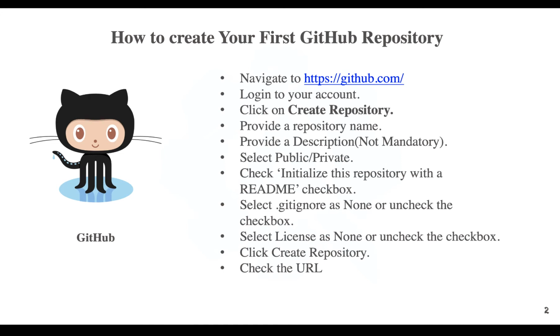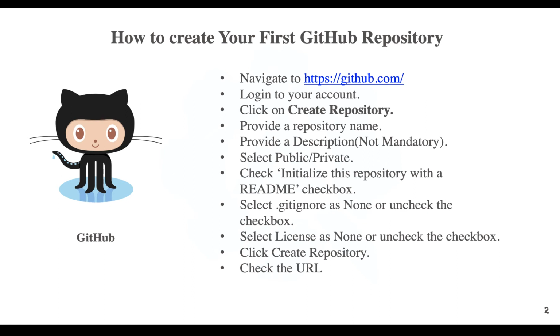It gives a lot of detail. We'll see what exactly it is used for in the upcoming sessions, so no worries as of now. And then we have other options that we have to uncheck or check, that's called the .gitignore file. And then there is one thing for license as well that we have to again uncheck. Then we'll click on the create repository button, and then we'll check the URL with the new repository name. So these are the couple of steps that we have to follow in order to create a first GitHub repository.